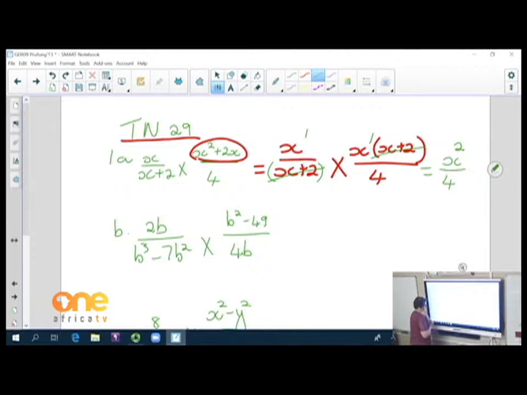Number B, we need to factorize. So it will here be 2b